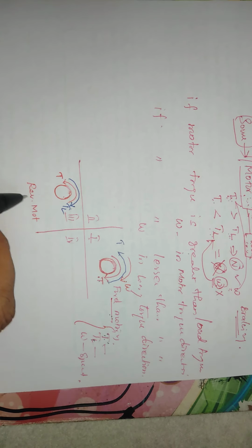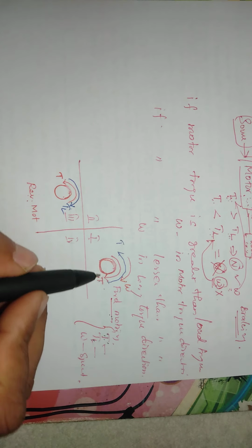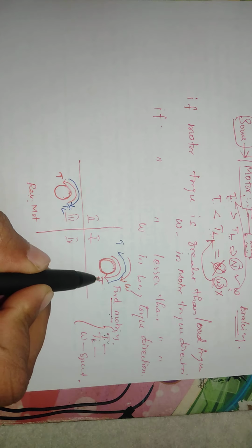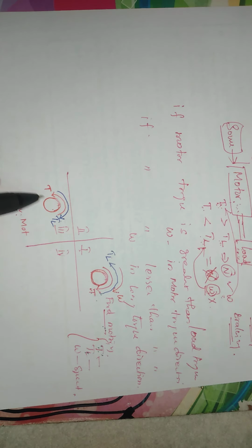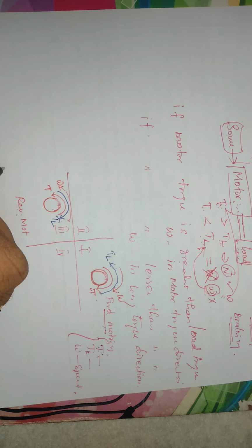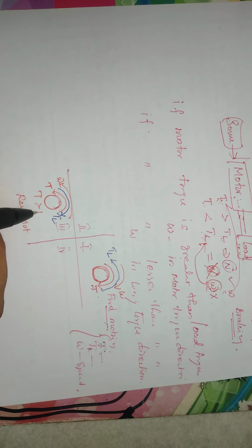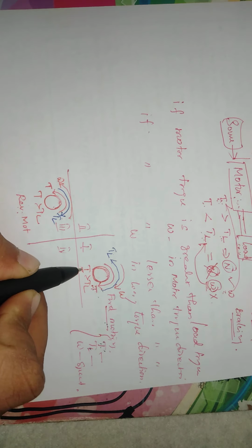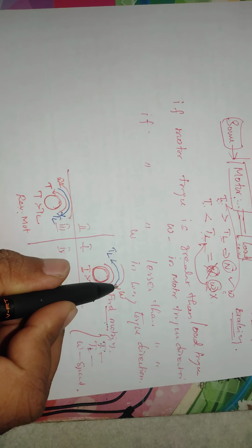Now here motoring is there, here forward, here reverse. That is a very major difference. But motoring in the sense obviously here motor torque is higher than load torque, and the same here, motor torque is also higher than load torque. Here the direction is opposite, so the speed is also in the opposite direction. Understand? Based on T greater than TL. Here T is greater than TL. Whichever torque is greater fixes the direction of speed.